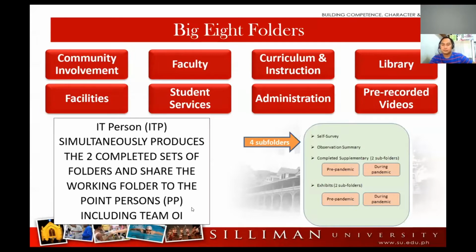We also suggest to have a working folder first, because it's not yet finalized. A working folder would mean everyone has the capacity to upload and edit according to your responsibilities within it. And then later on, when everything is final and has already been converted to PDF,